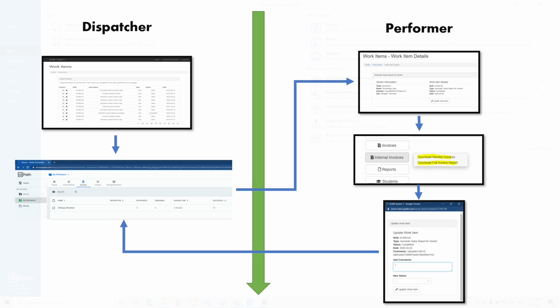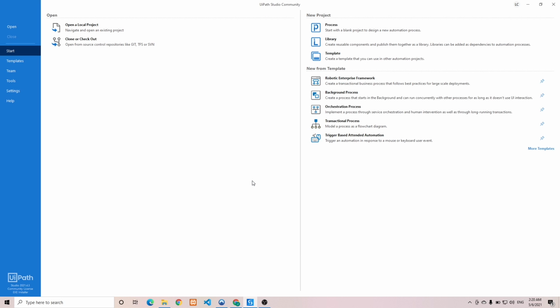So let's go. Okay, now we can start this exercise, generate yearly report, and the first project that we need to do is the dispatcher part. After the dispatcher part, we will work on the second part, which is the performer. So now let's start with the dispatcher. Make sure to open your UiPath Studio and also make sure that your orchestrator is connected. From this page, make sure to select the Robotic Enterprise Framework template,